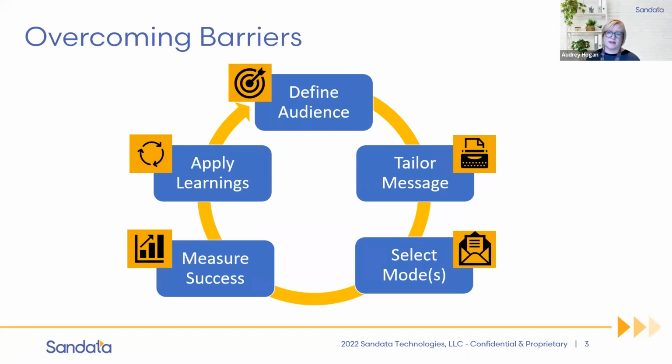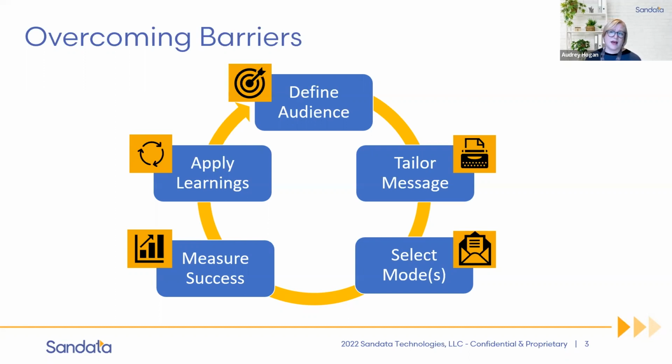Second, you're going to tailor your message. You want to make sure that the message that you're delivering achieves the goals that you're meaning to achieve with that communication. So if it's something like, I want people to register to use the technology, well, you need to tailor your message to have that clear to that person receiving that message. Last, selecting modes. How are we going to get the messages out there? How are we going to hook people in to using the technology, ultimately to meeting all the goals that the customer and the agency have for their staff?